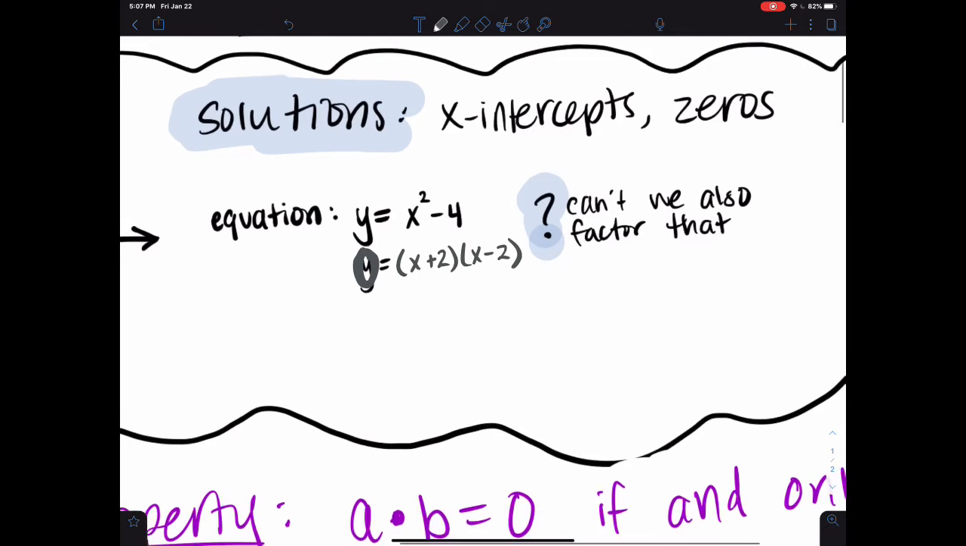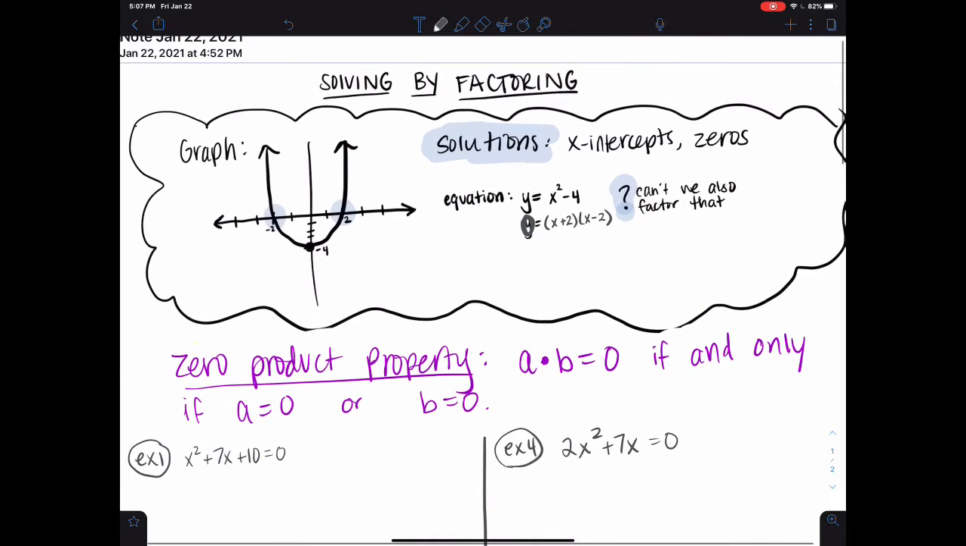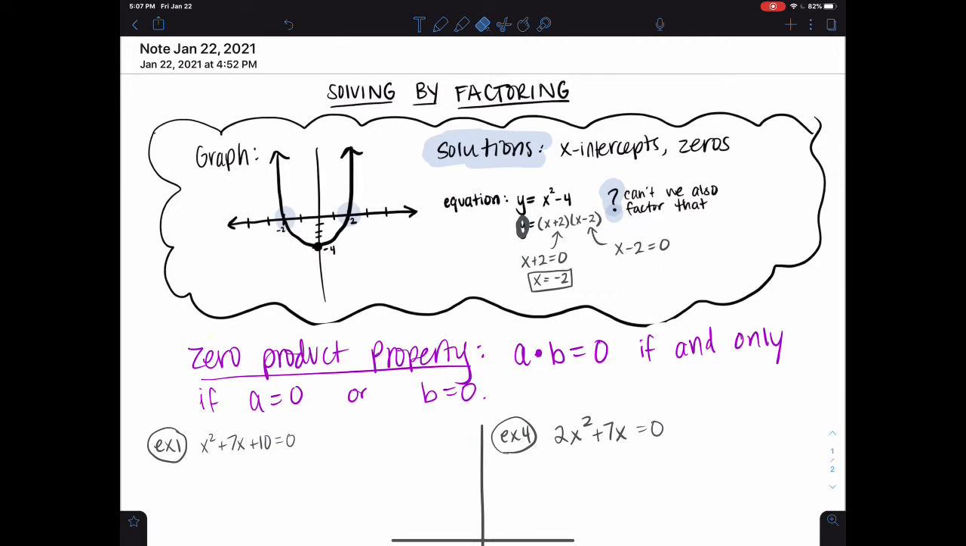So what we're doing is we're applying the zero product property, which says that if two things multiply together, which our factors do, then the only time the full product will be equal to 0 is when the first factor equals 0 or the second factor equals 0. Solving this, that's where we get the values of -2 and +2 from. It's really from the x-intercepts on the graph, or what we're going to do today, setting each factor equal to